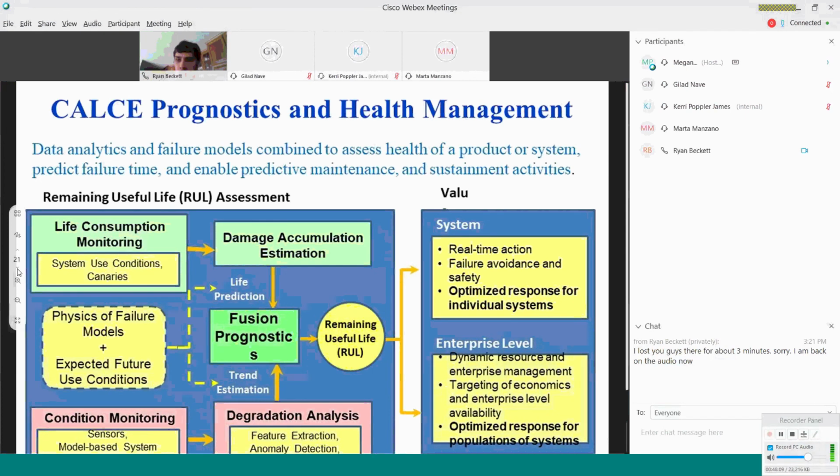We tend to do it not with fans, but with electronics, and we actually watch the electrical signals. As we see the electrical signals change, that gives us an indication that maybe the mechanical aspects of the device are starting to degrade. Chips are coming loose, wire bonds are breaking, those types of things. So we combine our basic understanding of physics of failure, which we call life consumption monitoring, with our data analysis that we do in condition monitoring, and we put it together to get the remaining useful life.